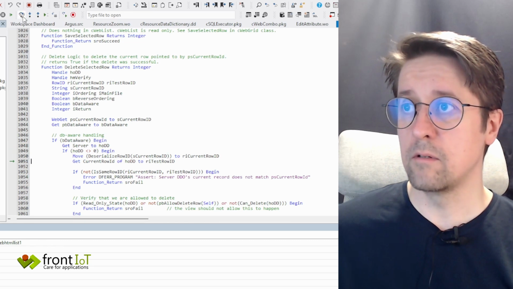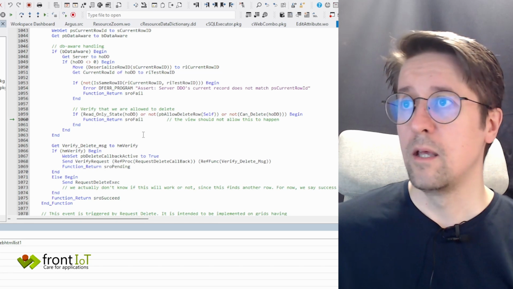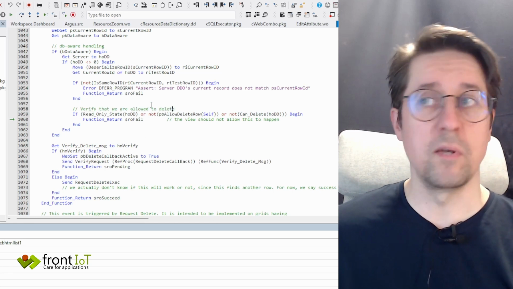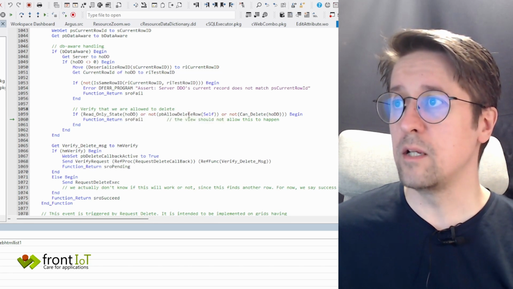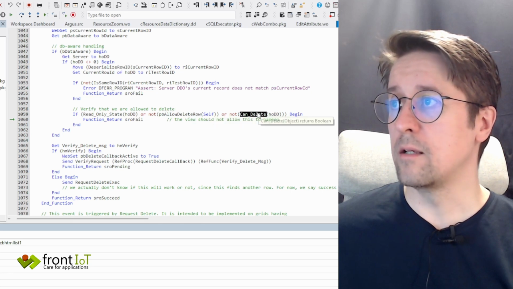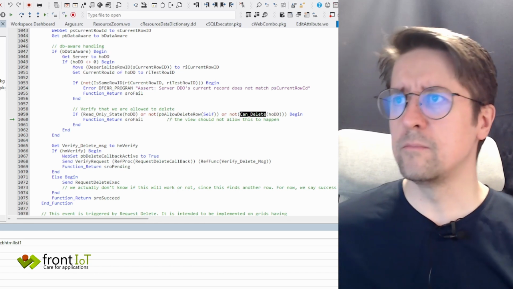We go down here, we get some values, some row IDs, and verify that we are allowed to delete. That's a good place to look. So we have read-only state, we have PB allow delete row, and can delete. I suppose we can delete, but